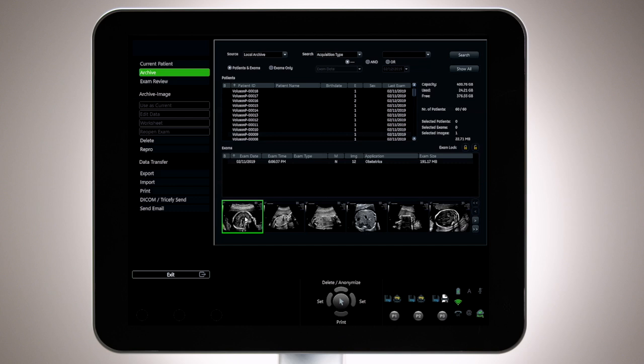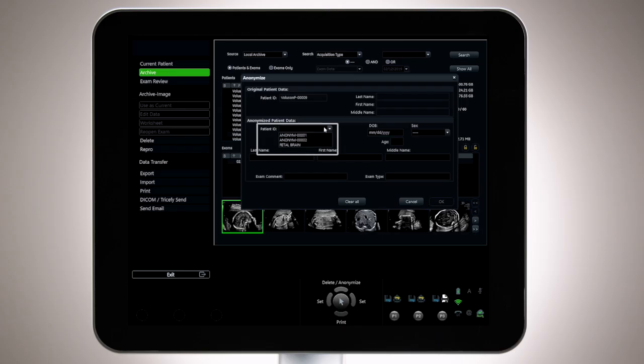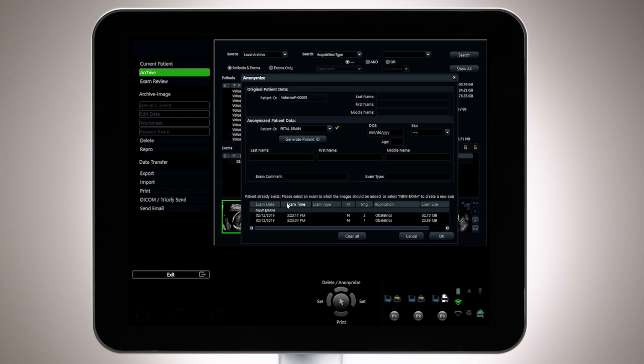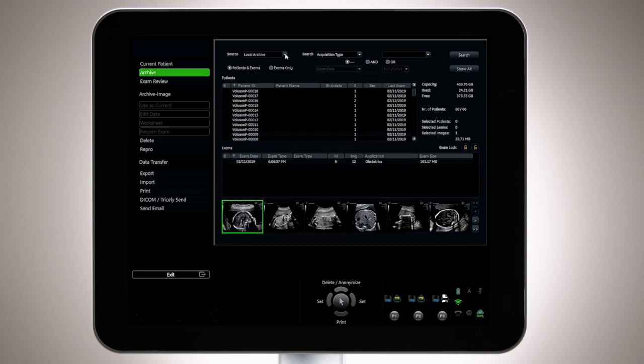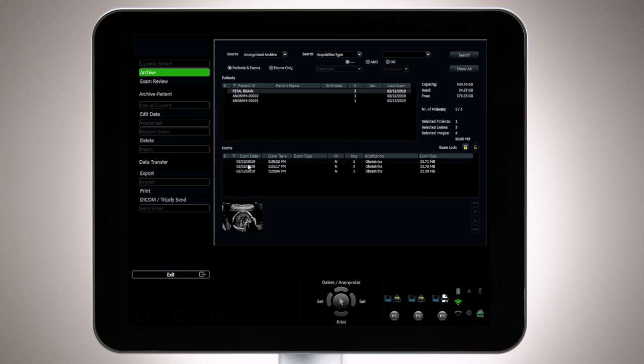To add additional images to an existing exam, choose a new patient image from the local archive and select Anonymize. Next, choose a previously created ID in the dialog menu. There is now an advanced choice to add to the existing exam, or create a new exam under the same patient ID. This is an excellent way to build a library of interesting cases, or dedicated cases of anatomy or